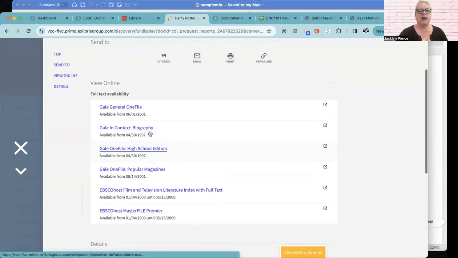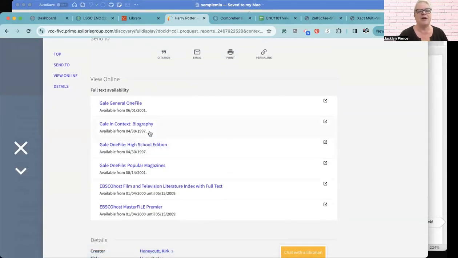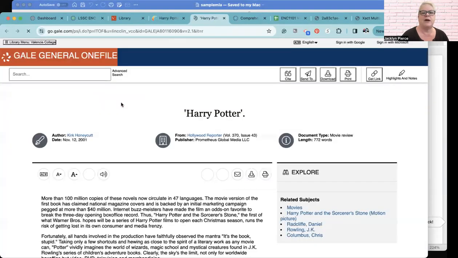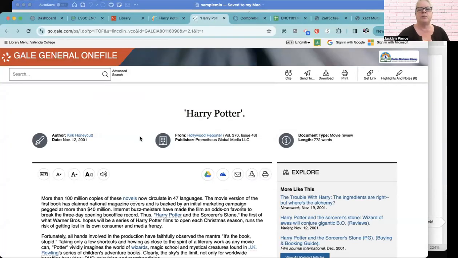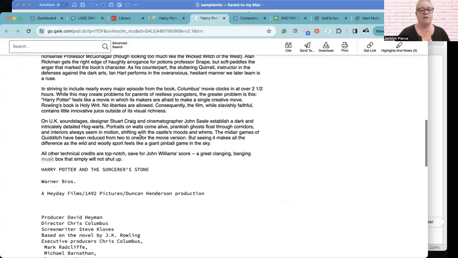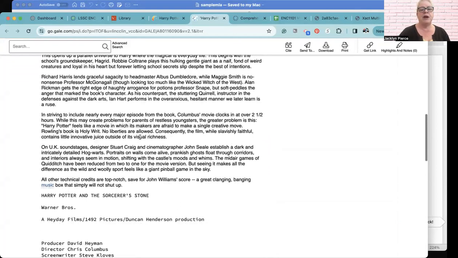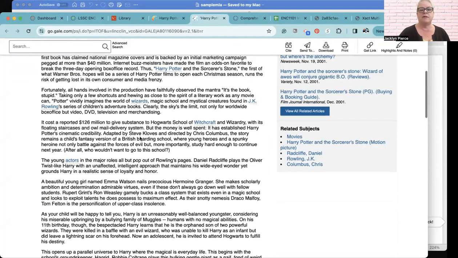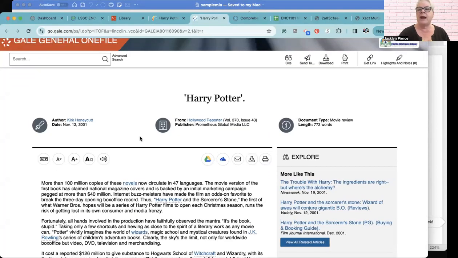And we will need to pick a database. It doesn't honestly matter which database you use. These are all official databases within the library. So I'm just going to use General OneFile. And this will bring up the article. Now, in this particular case, I do not have a PDF, so I would not be able to use page numbers unless it was only on one page.